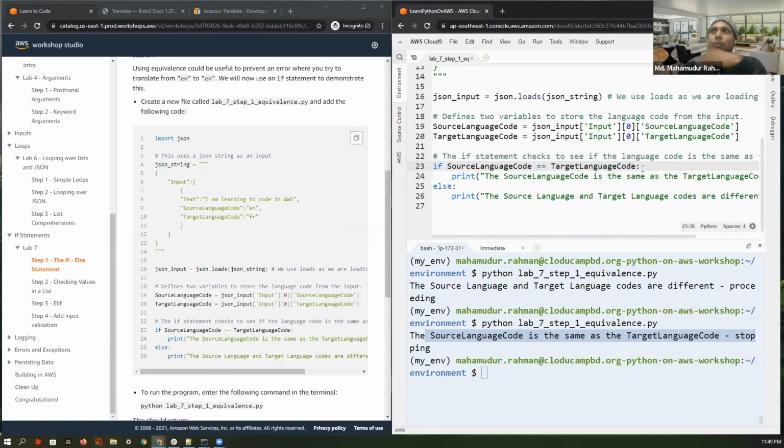One thing to remember here, an if statement will give you a Boolean value, true or false. If the if statement's condition is true, then it executes the if block. Otherwise, it will go to the next line, and if it finds something like elif,